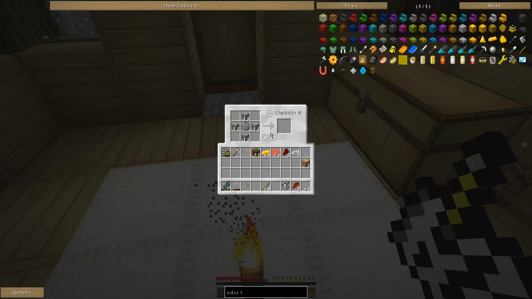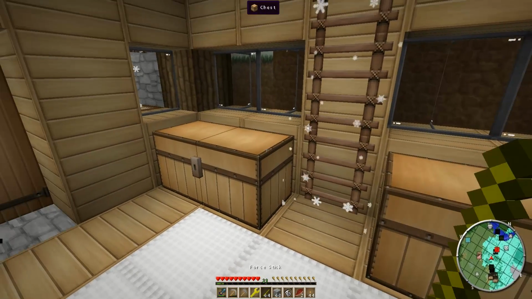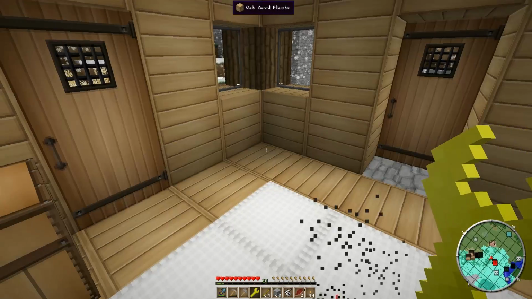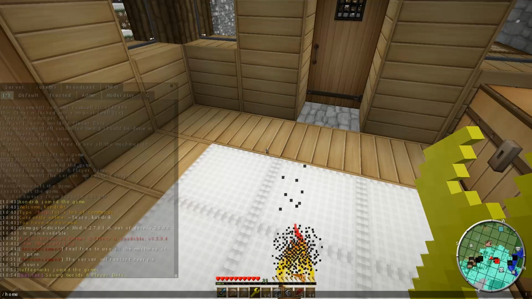So there's that, and let's actually drop that, do that, go like, whoops, try that again. Alright, we have the force gear, and we'll just go like this, and force wrench. Excellent. So now let's see what we can do with the force wrench. Does it rotate chests? No, it does not, or at least not double. But I believe what we can do,